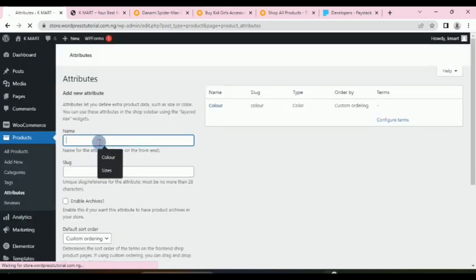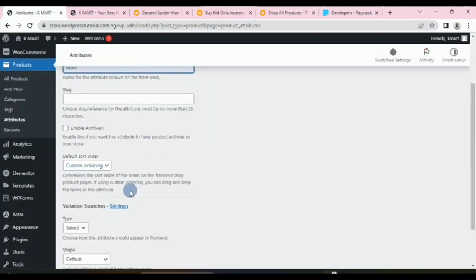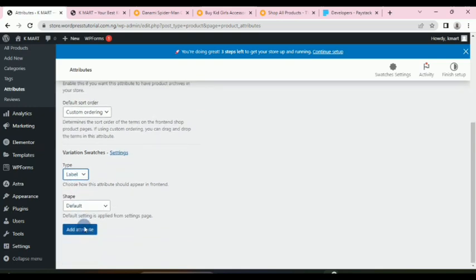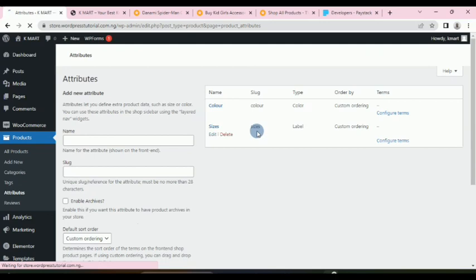Then let's say we want to add sizes too. Say sizes. Then this place says the type. We just say it's just a label. So it's just a label, and we click on add attributes. Now these attributes have been added. If you go to this column,